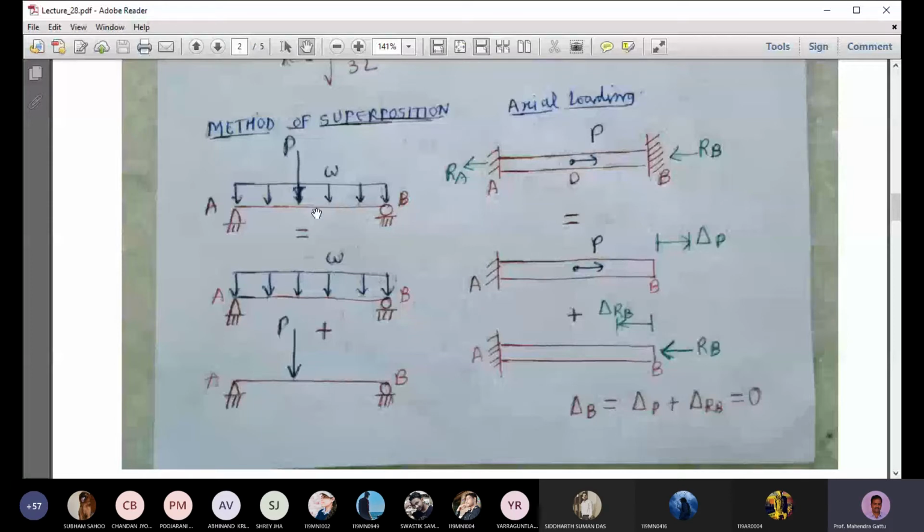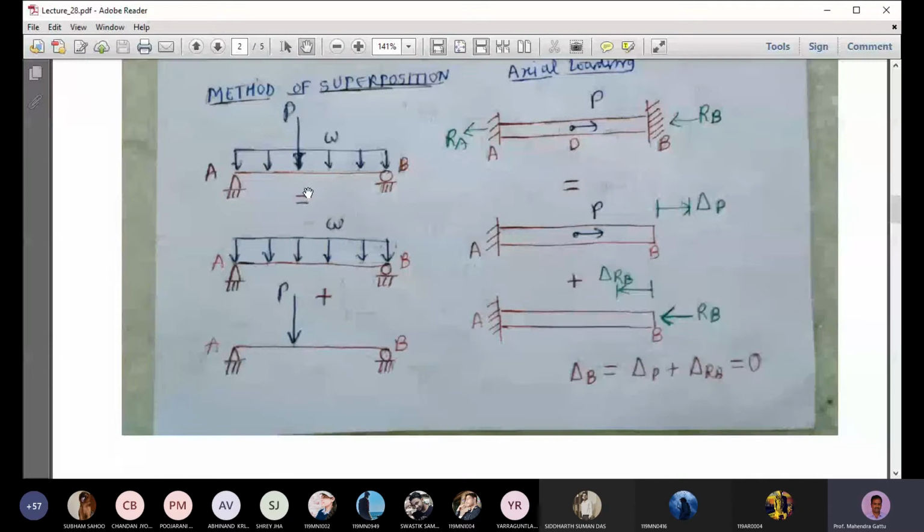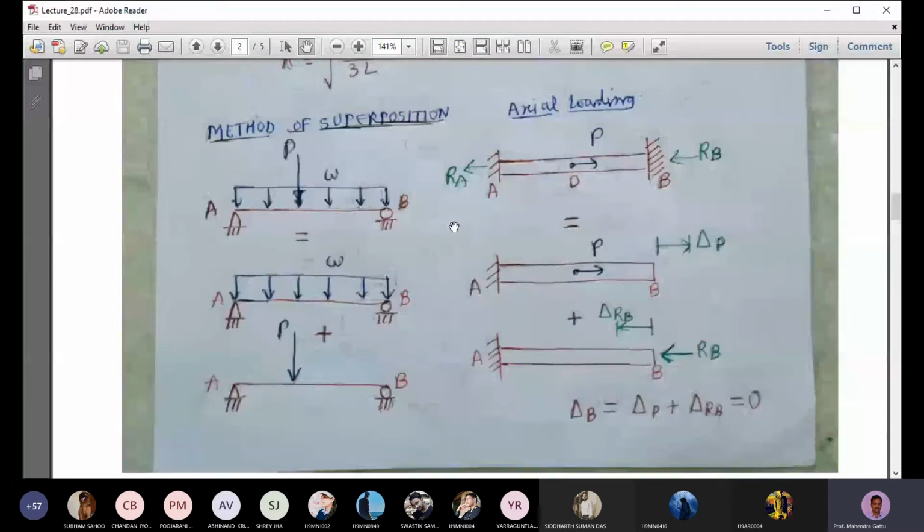This is valid only for the linear elastic scenario. The material is treated as linear elastic. If any plasticity is there, or if the material is behaving in a non-linear way, that means probably Young's modulus is varying with the distance or with the deflection, then this will not be valid. So this is the simple concept of the method of superposition, and we'll discuss how to apply this method of superposition to solve